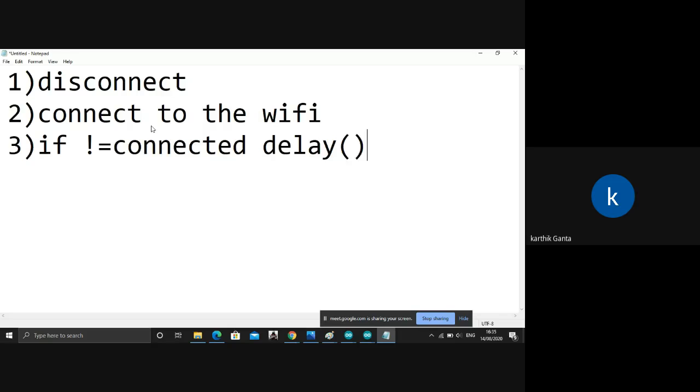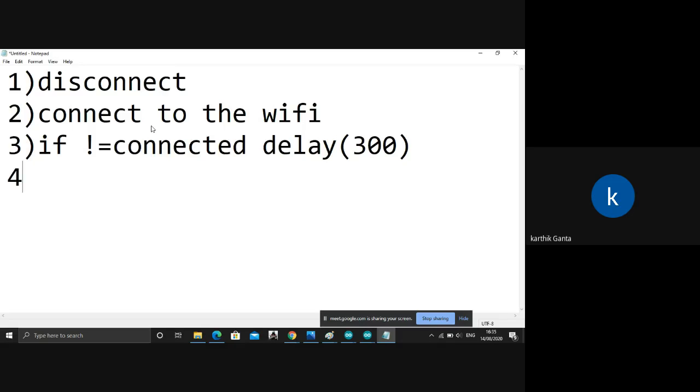That means you wait for 300 milliseconds, because after every 300 milliseconds, the NodeMCU will again try to connect to the Wi-Fi. If it is not connected, again wait for 300 milliseconds. Wait until it gets connected. That is the third stage.